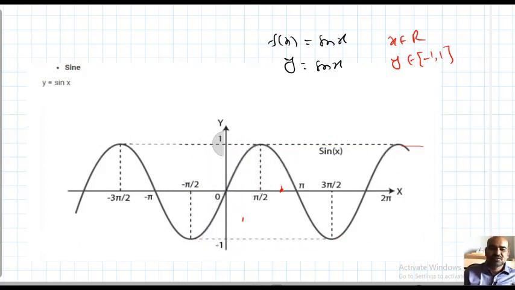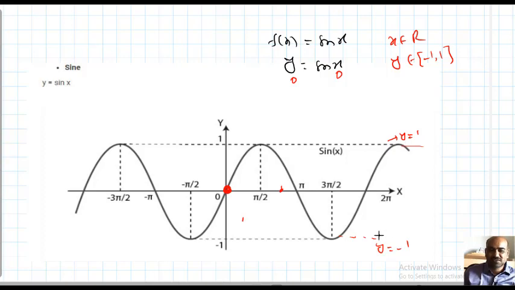How to remember? That is important. This line is the y equal to 1 line. This line is the y equal to -1 line. The total graph is bounded between the y equal to 1 line and the y equal to -1 line, and passes through the origin. The sine function passes through the origin because if x is 0, what is y? 0 only, 0 comma 0. That's why the sine function passes through the origin. It is a smooth curve bounded between two straight lines, y equal to 1 and y equal to -1.